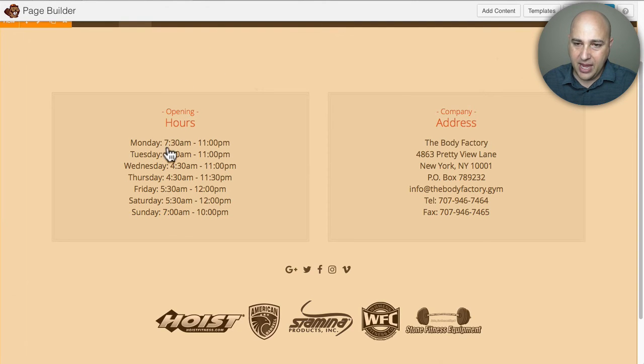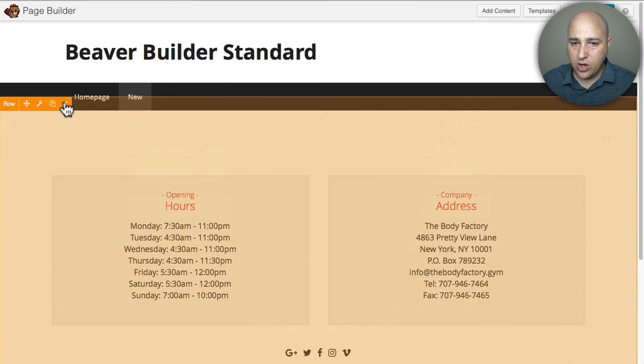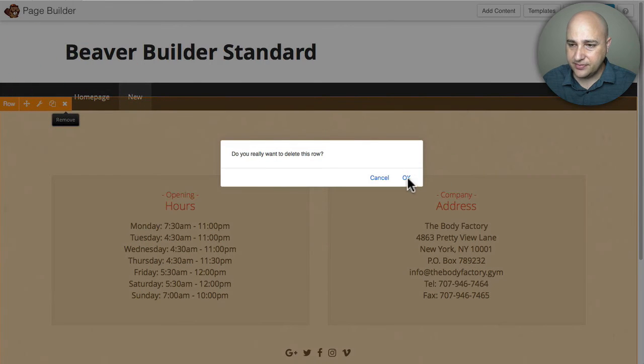So now it takes me back, and did you see it changed? It happened so fast, it changed it. Now anywhere you would have used this global row, it would have changed. Tell me that's not a huge time saver to be able to just edit it once and have it show everywhere updated. So this is the global row, so I'm going to remove this.